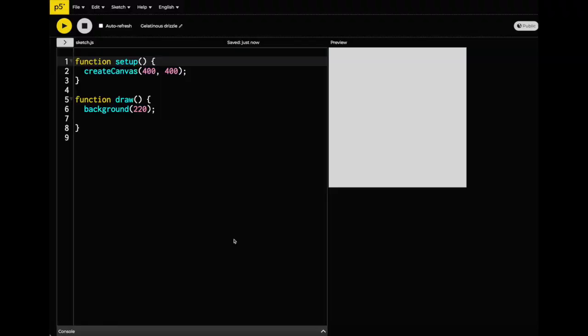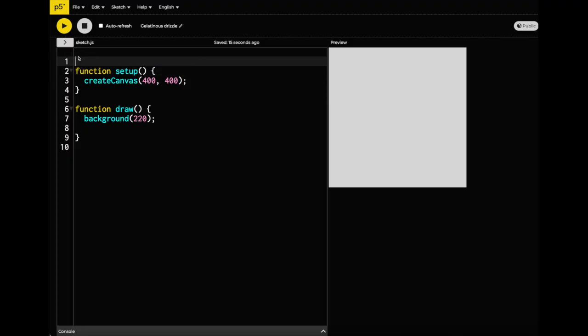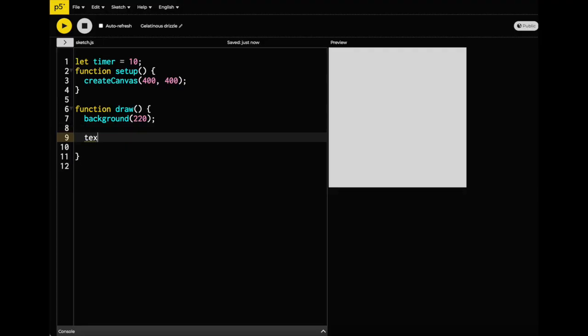I'm going to show you how you can make a countdown timer. Let's start by making a variable of timer and initialize it with some number. I'm using 10, and now I'm going to go inside the function draw and I'm going to make it show